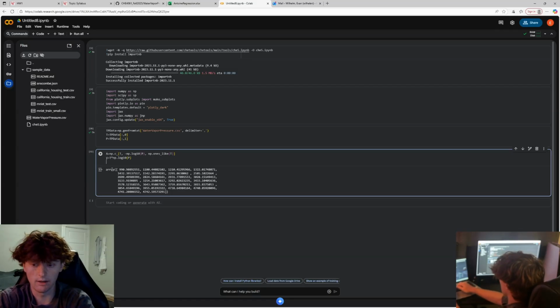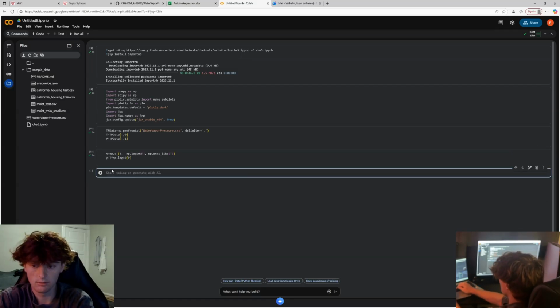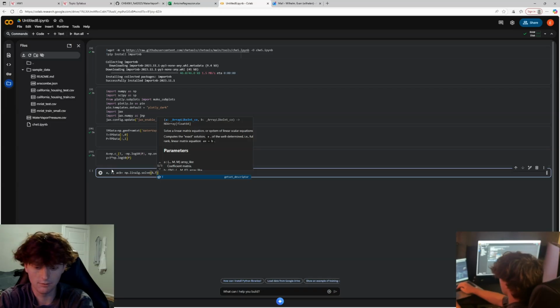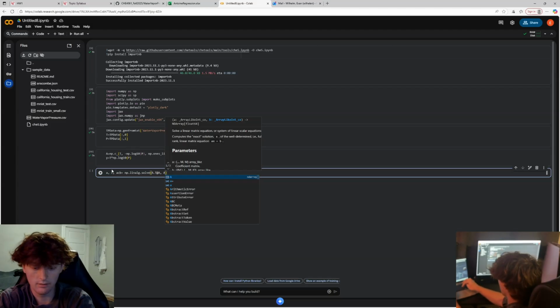So we can go ahead and do that. Shift enter, and we'll go ahead and separate these out too. So we have our A, C, and then our A times, or let's do ACB, and then that's our A times C minus B coefficient, and then we can do np.linalg.solve, and then we have our A.T times A, or it went away. So A.T, and then our A, and then our A.T